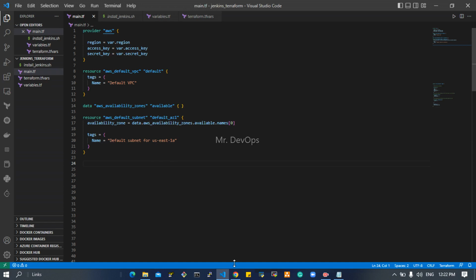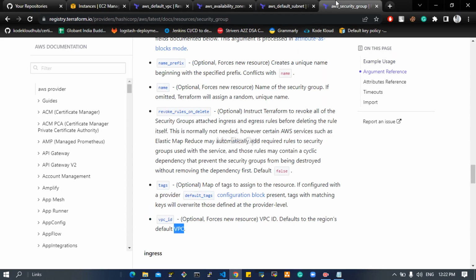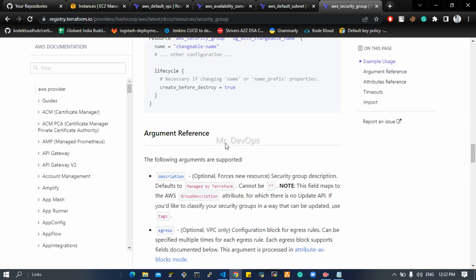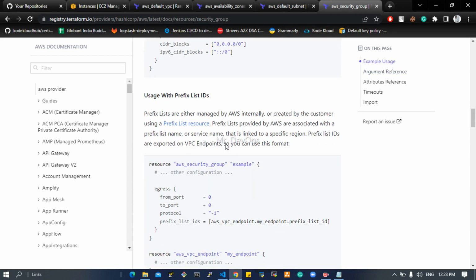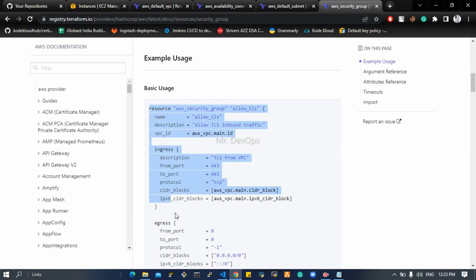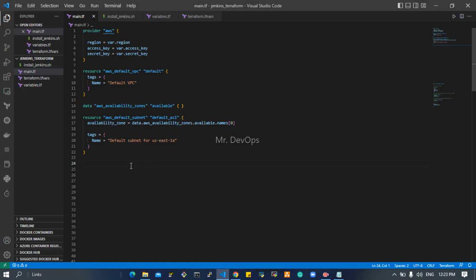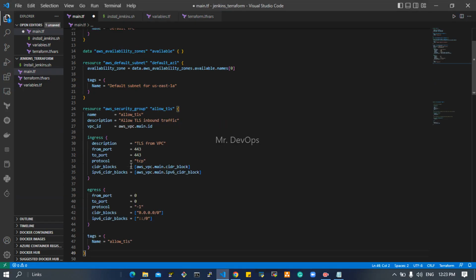So we need that block now. I will go back and search for AWS security group, and you will land on this page. You take any block and we will modify it as per our need, right? So I have given here